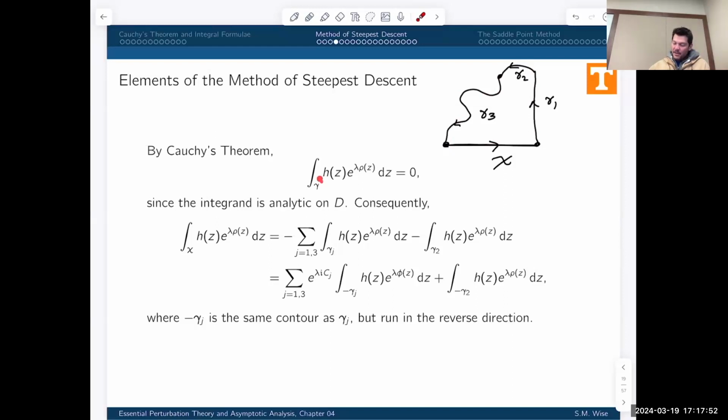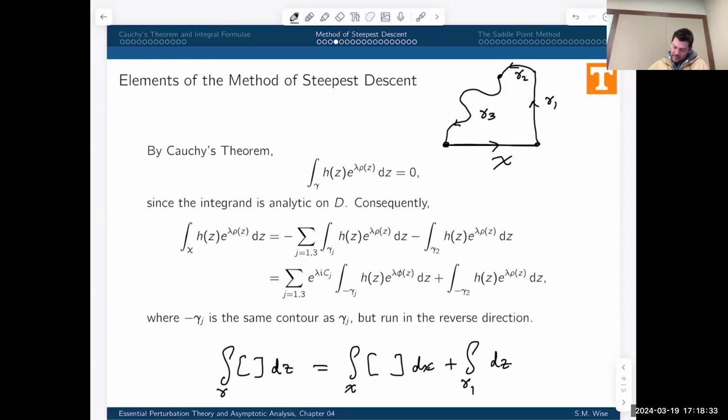But now I can break gamma into a bunch of contours, right? So I can break it into chi, then gamma 1, gamma 2, gamma 3. And I know that this contour integral is equal to 0. But I can write that in a different way. I'll skip the stuff in here. That's just going to be, because I'm running chi first, then I'm running gamma 1,